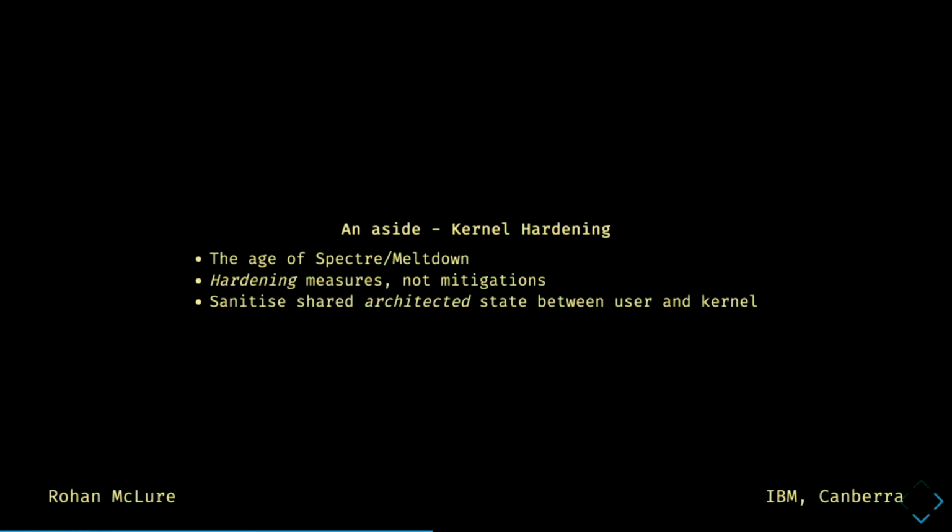But let's just dive into the activity of kernel hardening, right? So there's been a sort of seismic shift in the world of security research with Spectre and Meltdown, which is to say that user space may not be able to leak secrets from the kernel directly, but it might be able to do so in an implied fashion through timing attacks. And these timing attacks become increasingly available with an awareness of the reality, which is that microarchitectures are necessarily speculative on superscalar processors. And so what we're doing is hardening measures, right?